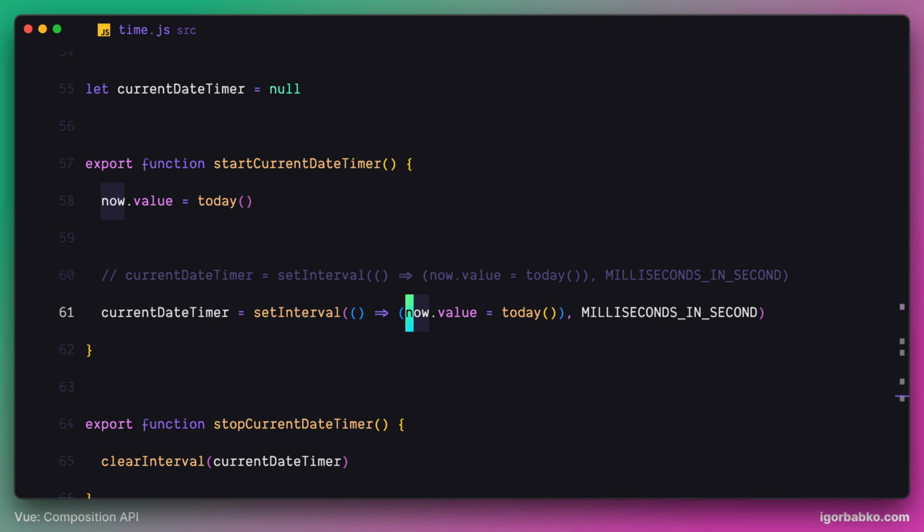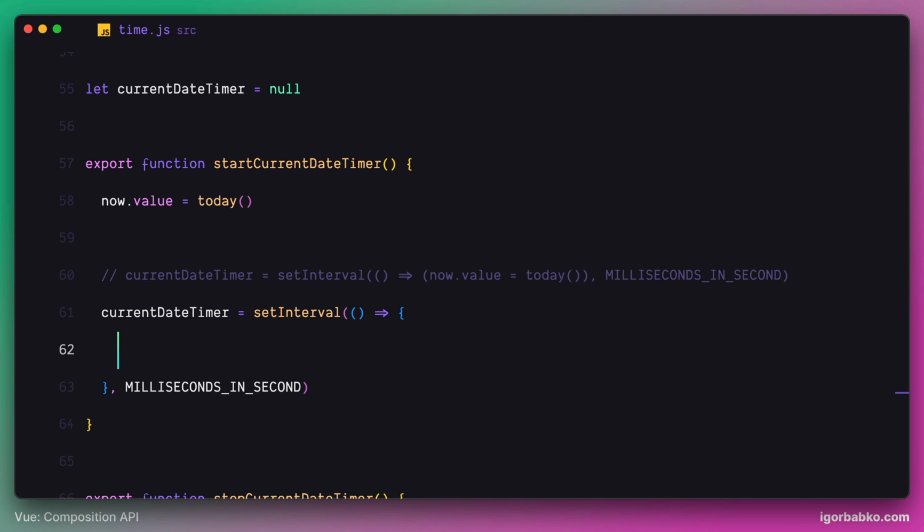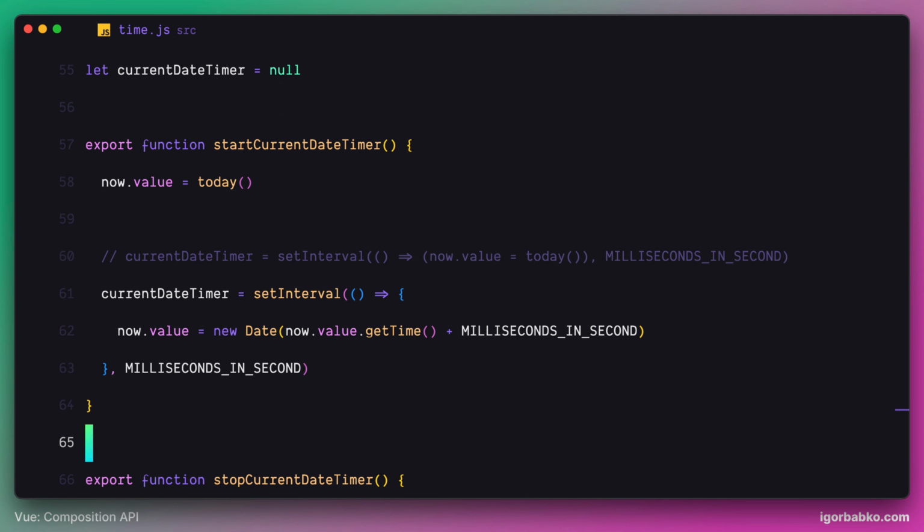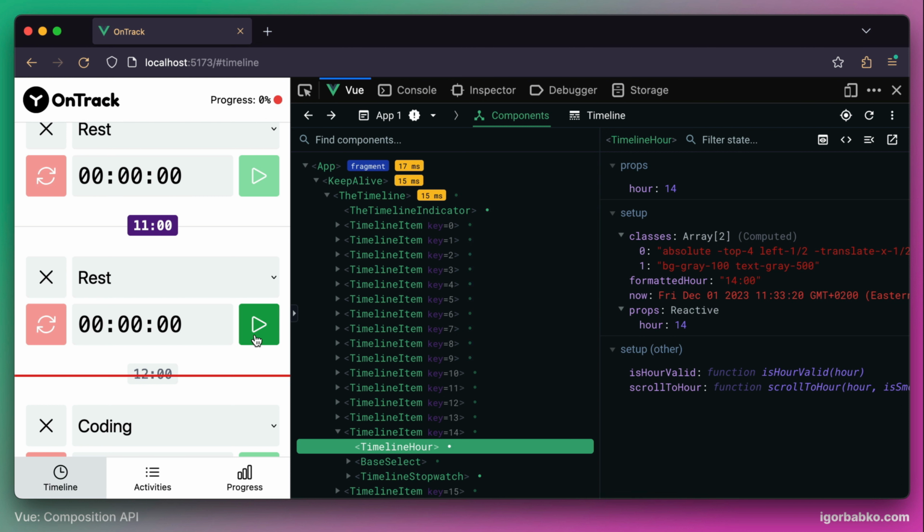Previously, we were manually creating date object based on the date that is stored inside of our reactive variable, and we were modifying this reactive date by adding 1 second. So this code executes every second, and this way every second we're getting new date assigned to the now reactive variable. So now if I'll start tracking the time, in a few seconds the hour will be changed and the